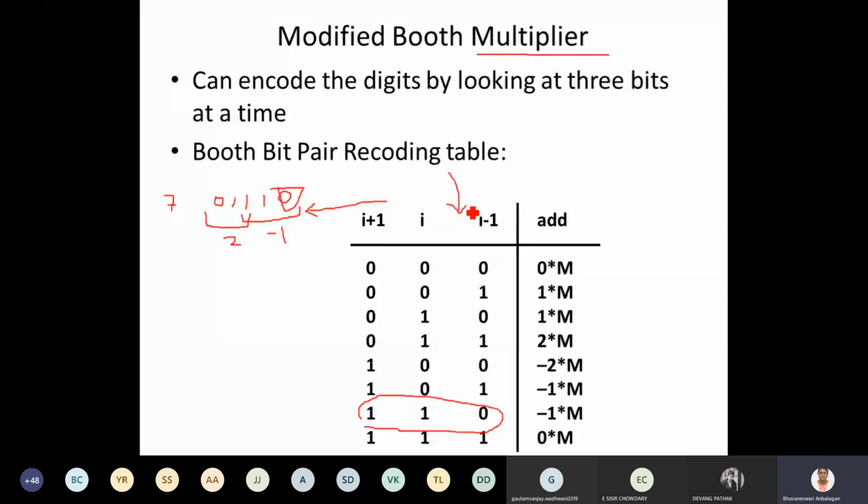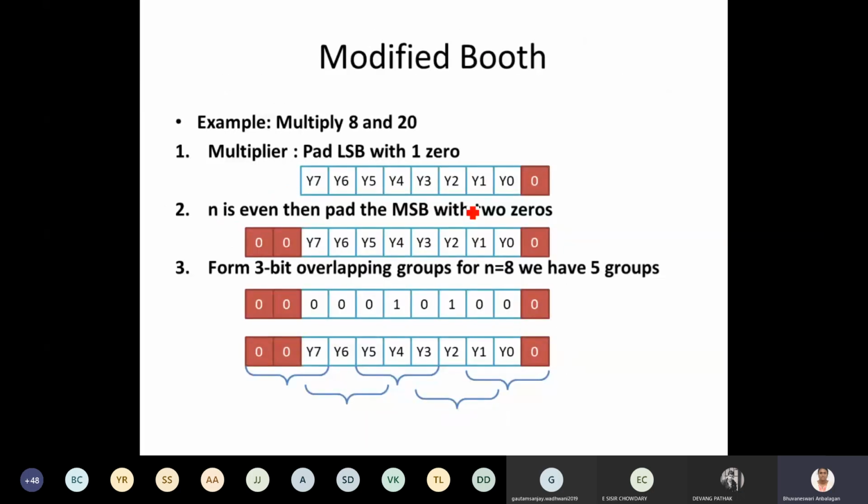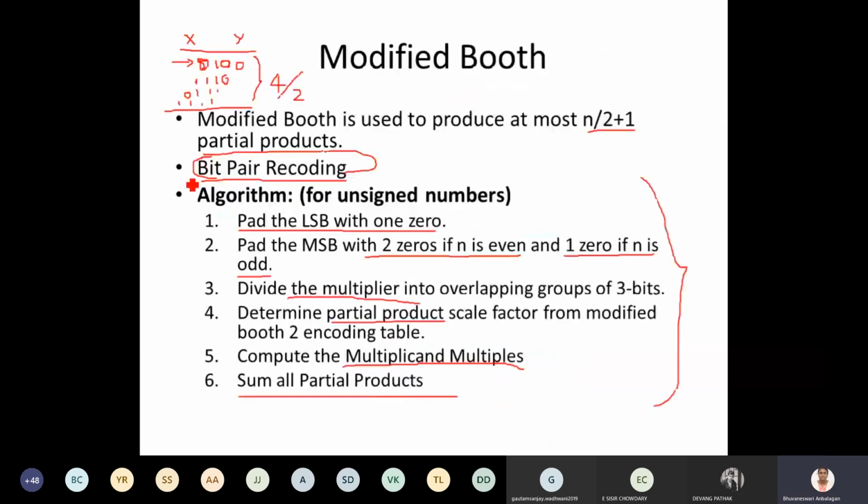Okay, so we'll solve a multiplication over two numbers so that you can understand it more clearly. I am going to make use of this modified Booth algorithm to perform the multiplication over multiplicand 8 and 20 is going to be my multiplier. Now I am going to apply this algorithm, that is bit pair recoding algorithm, on what, multiplier or